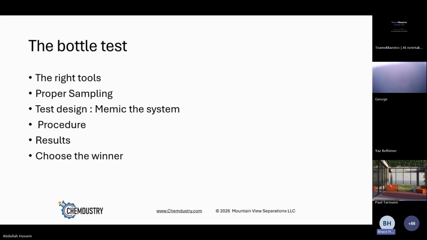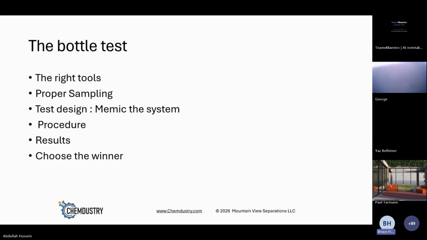You make sure you have the sample of your emulsion taken in the right location so you get a commingling of all the crude that's being treated in a system. And you also need to use your crude very quickly, because if it's not fresh, the second you take it off the system, it starts to oxidize and change. Then, like I said earlier, you need to mimic the system as closely as possible. It can't be perfect, but you have to get enough experience